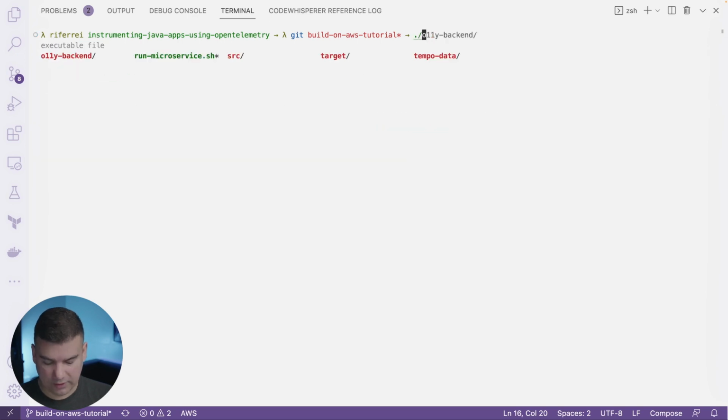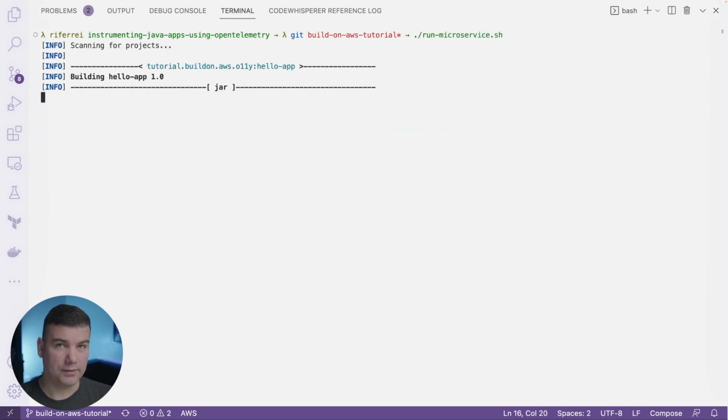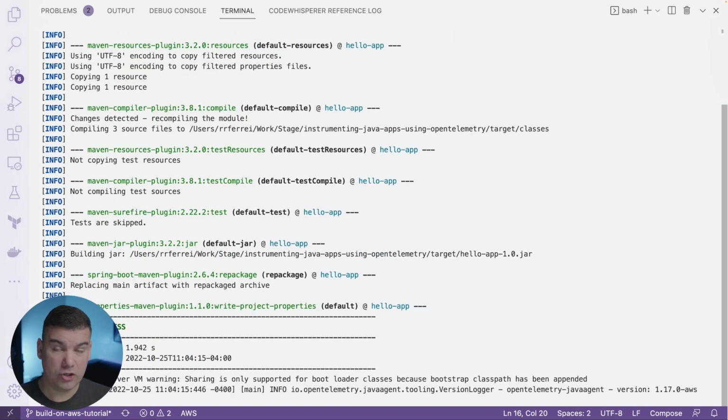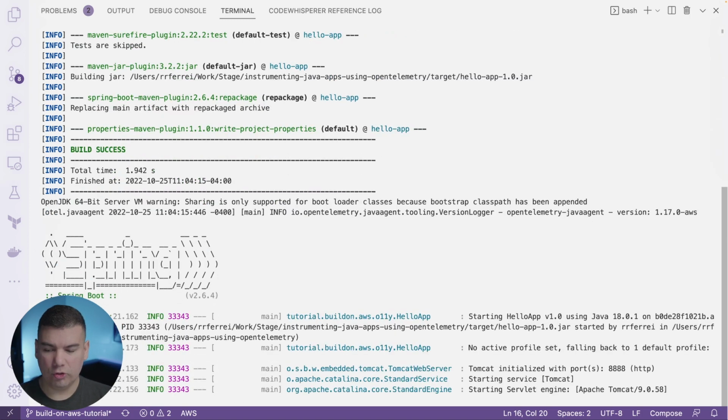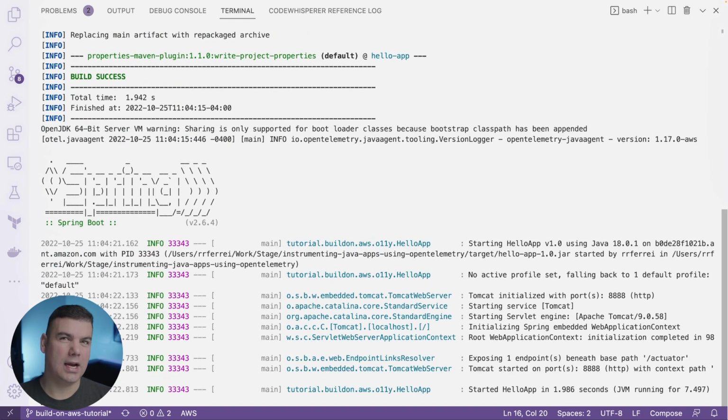So in this case, I'm going to simply re-execute our microservice that hasn't changed the code, neither for the script or the actual Java implementation. We're going to reuse the script as is, so we can actually send a couple requests to it, and then we're going to switch gears and go to the AWS console to see if the data ended up there.